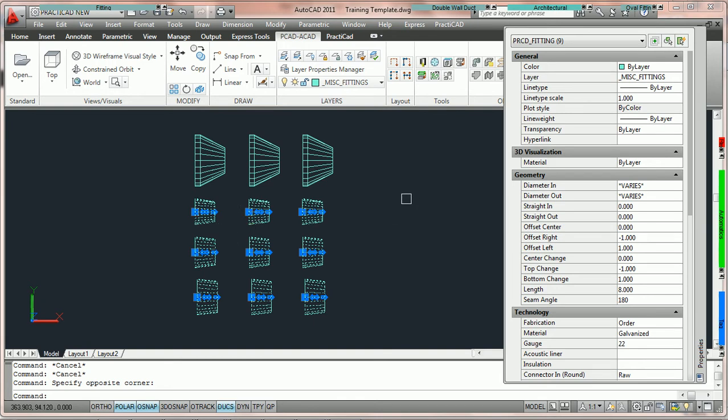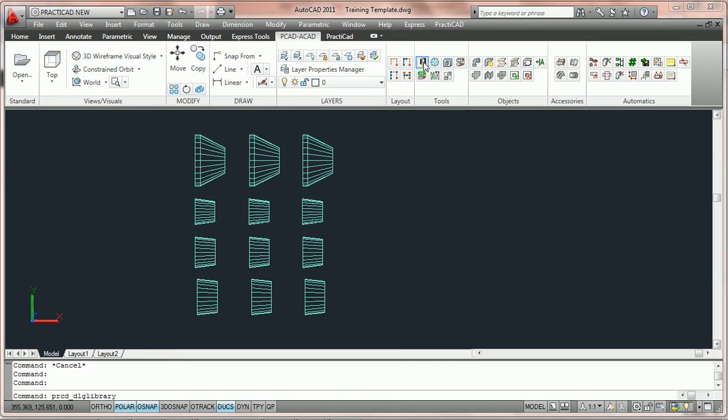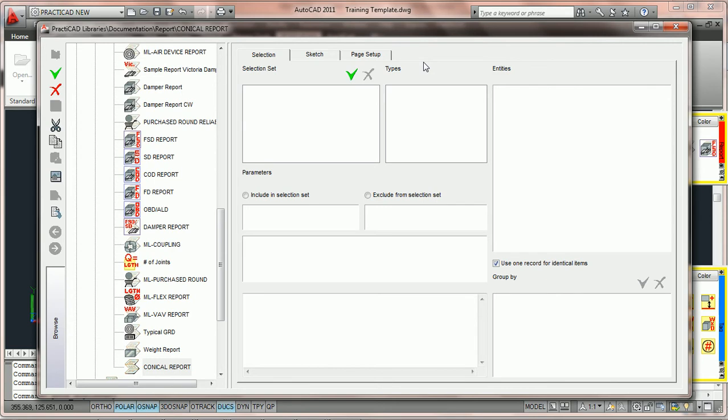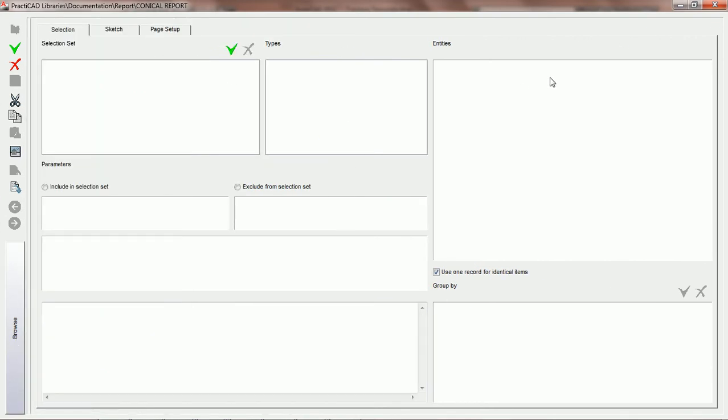So what we must do is use the options under the selection tab. So we're going to go back into the library icon. And as always, PractiCAD remembers the last place in the library we were. So the selection tab is already checked and we're back inside reports. What we're going to do is maximize our screen with our maximize button. And we're now going to click on the close browser button so that we can just focus on what is